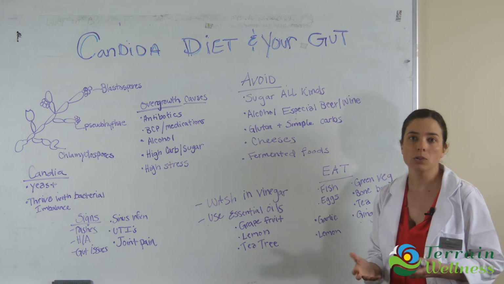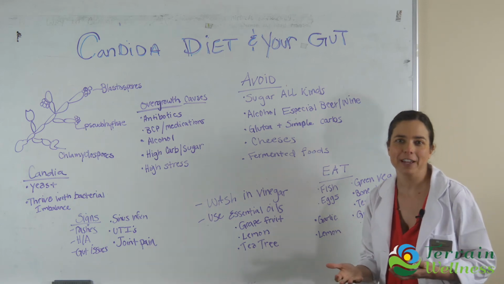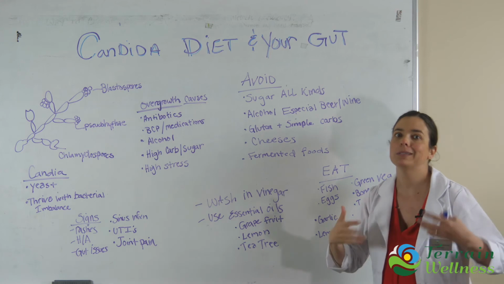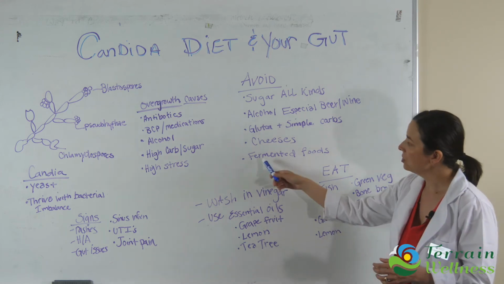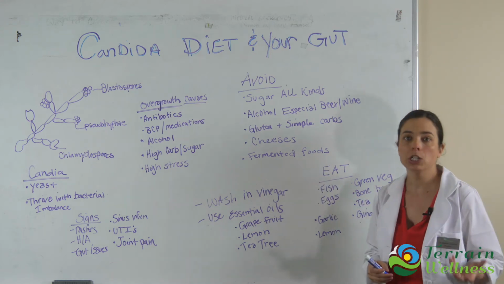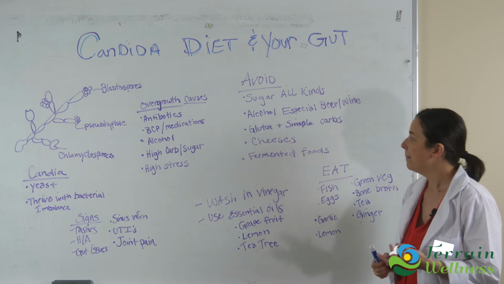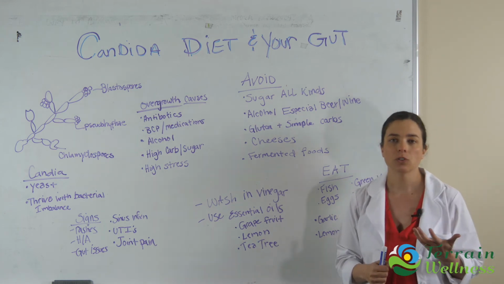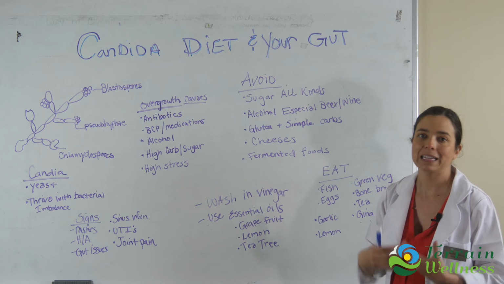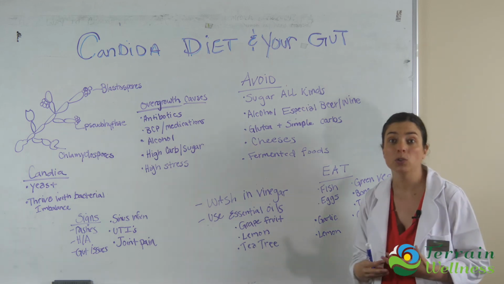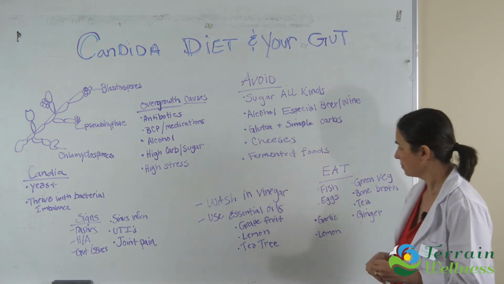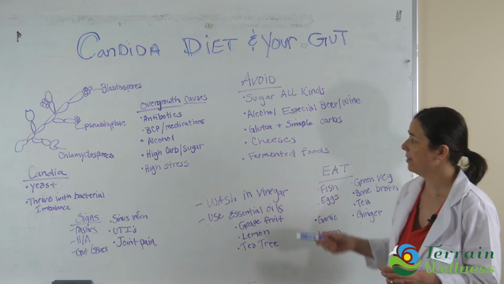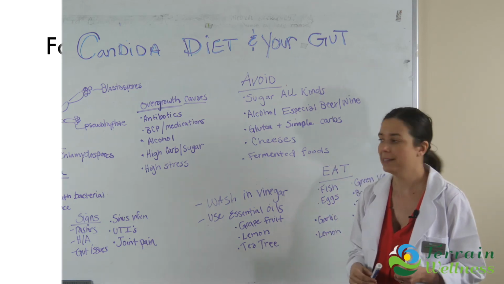Cheeses contain mold. Mold is in the yeast and fungi family, so we want to avoid things that help us grow more of those things. And also fermented foods, which are usually pretty good for most people in the gut, but when we have a Candida overgrowth situation, we want to highly limit fermented foods and pickled foods and things like that. And we want to be really specific about the type of probiotics that we're putting in the system.